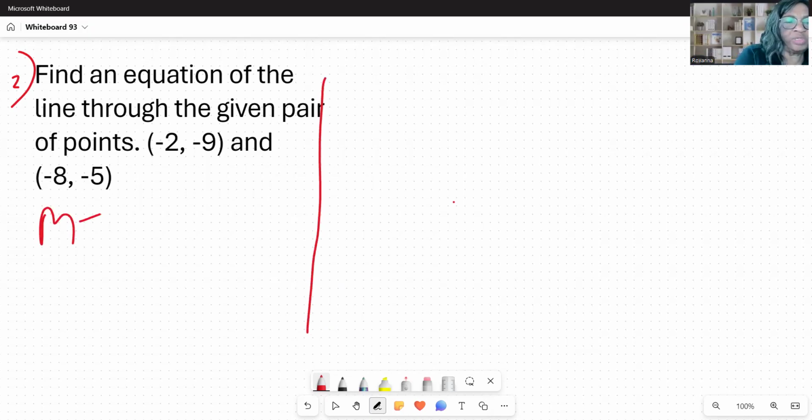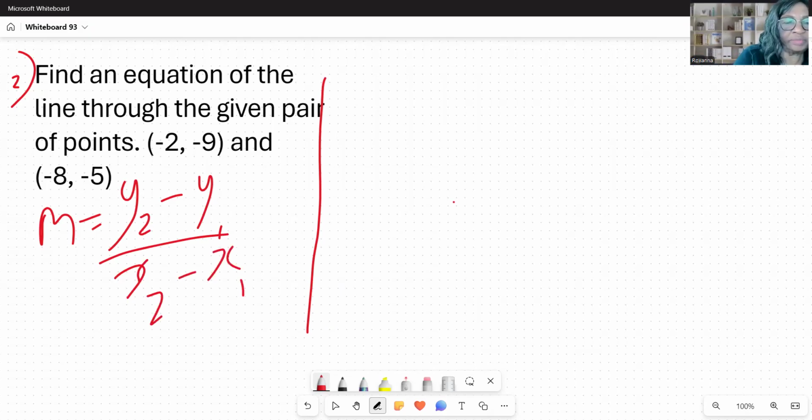So the slope is y2 minus y1 over x2 minus x1. All right, and then you decide to call one of them x1, y1. So this is x1, y1, x2, y2. And then I'll find the slope. So the slope is,